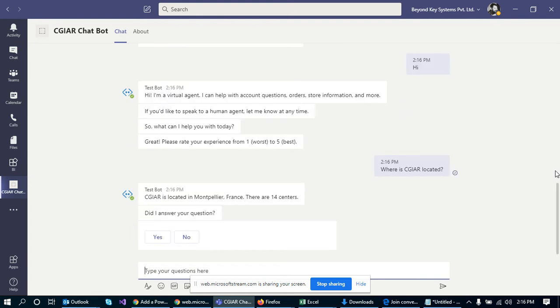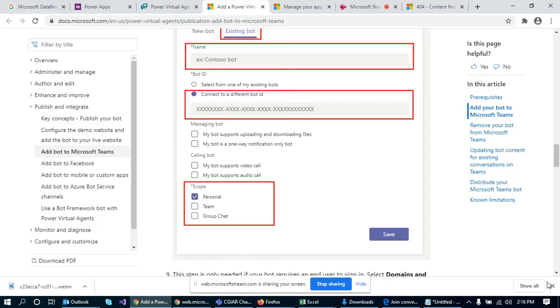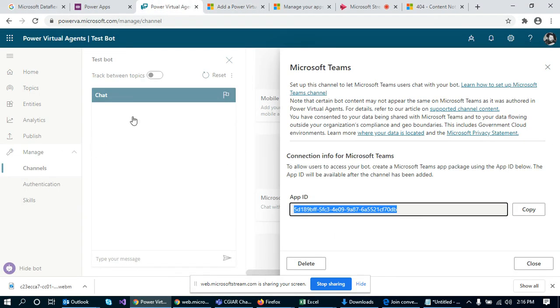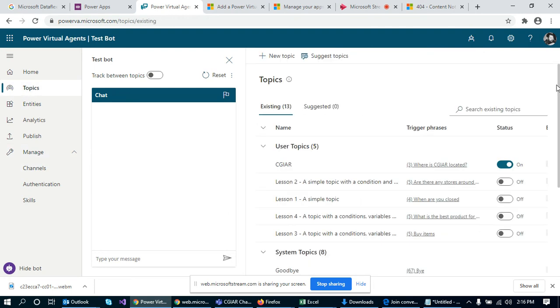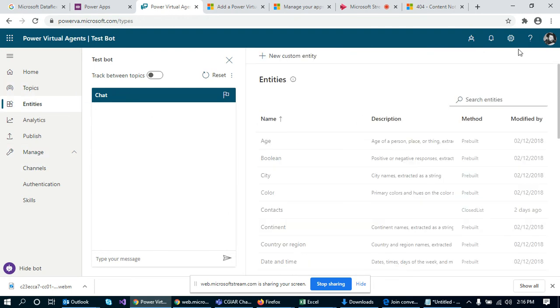You see, it responded with the answer that CGIAR is located in Montpellier, France, and there are 14 centers. This is how we can make use of a chatbot within Microsoft Teams. There are many things that can be configured. The topics can be changed, you can add more topics, and you can use custom entities.